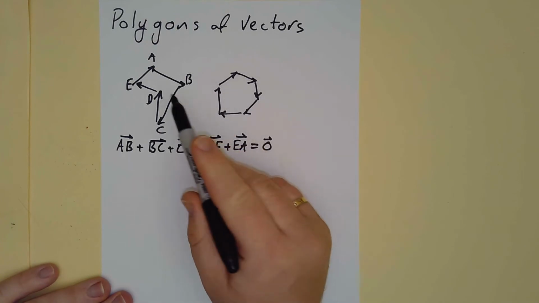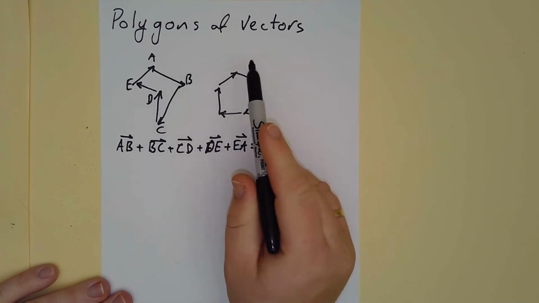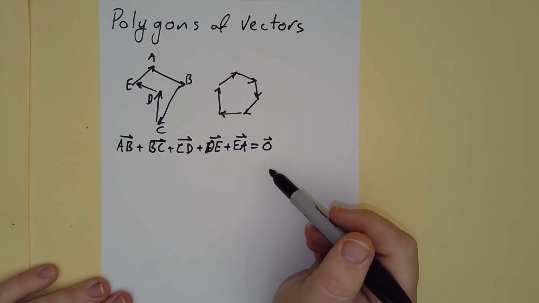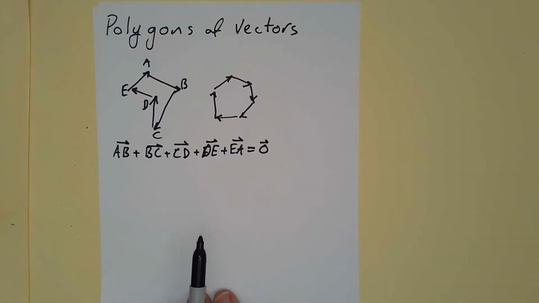And it doesn't matter what polygon. If you end up back where you started, then you're going to have a zero vector. So the second thing we're going to look at